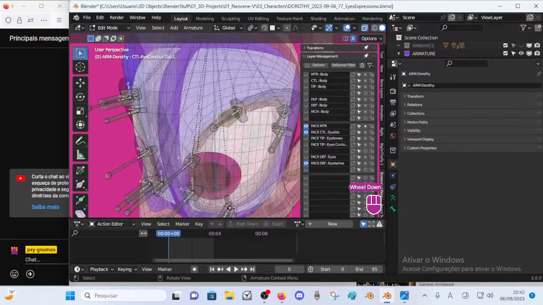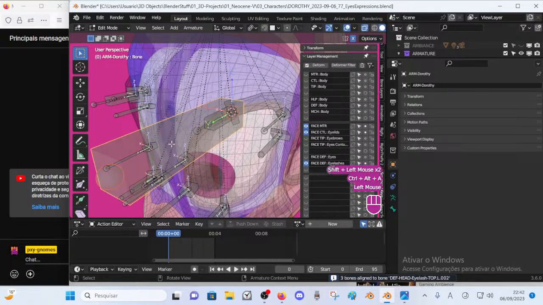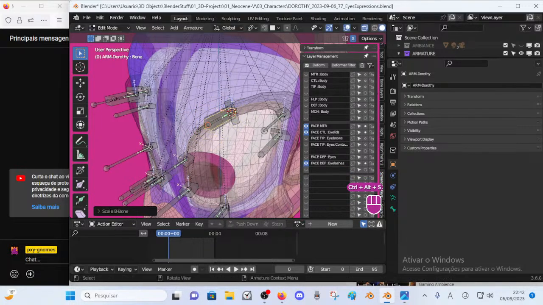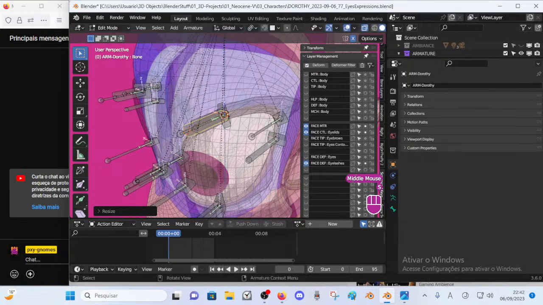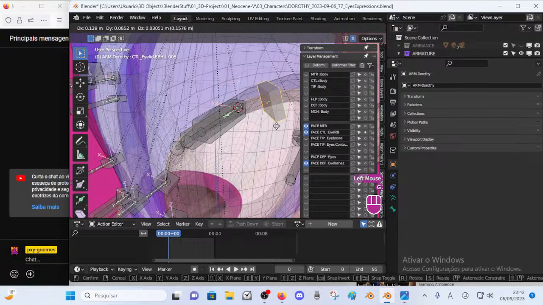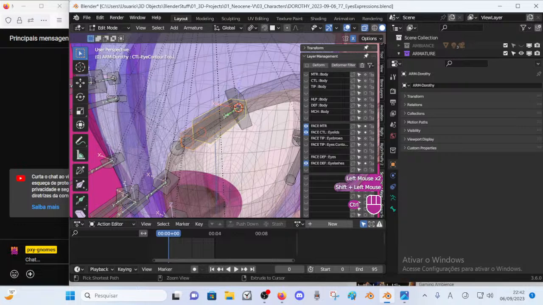Okay, so I'll make the attempt again, but now a bit different. I understood what I could do. So let's add this bone. Let's align here with this, and let's reduce like that, and then like this. It's just called bone for now. What we're gonna do is parent this bone to the proxy bone, and parent the proxy bone to this one.